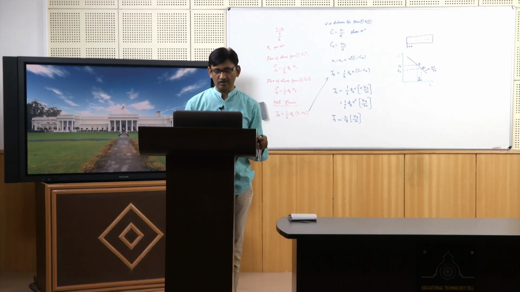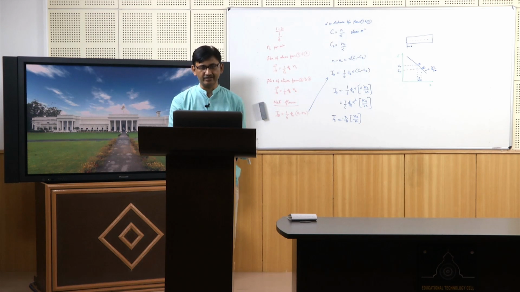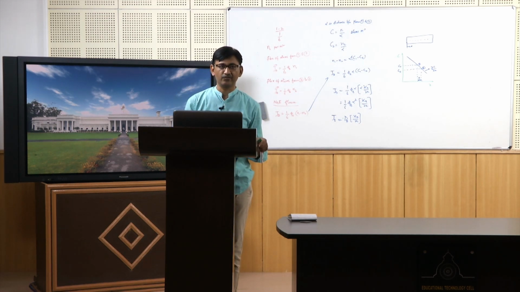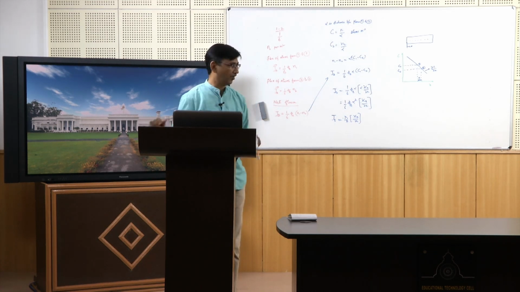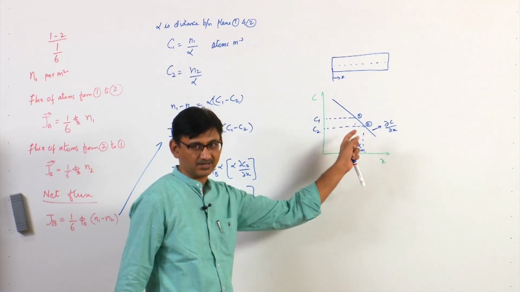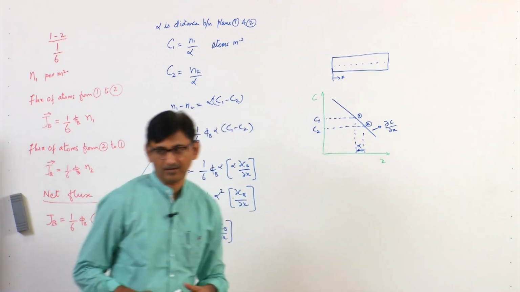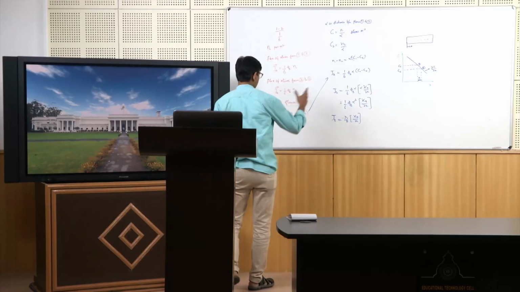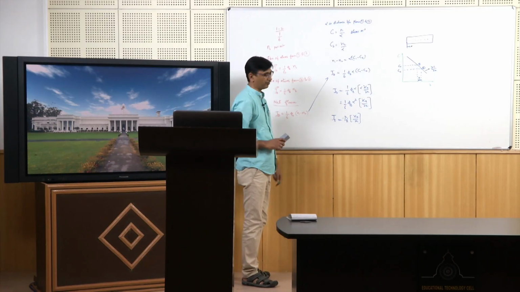Okay. Fick's second law deals with the non-steady state condition, and what we mean by non-steady state condition is that the flux will change, the concentration at any point will change as a function of time. So, there is an accumulation of atoms or depletion of atoms, or a change in the concentration at a particular point as a function of time. Okay. When you see this particular curve, it is not going to give you a change in the concentration at a particular point with time. Okay. When you get the non-steady state condition, if I want to see it in terms of this particular graph,